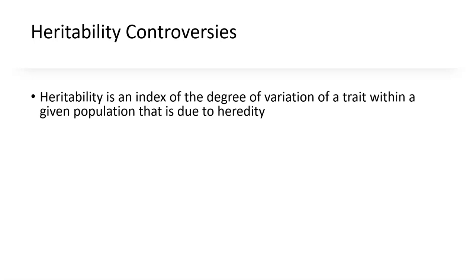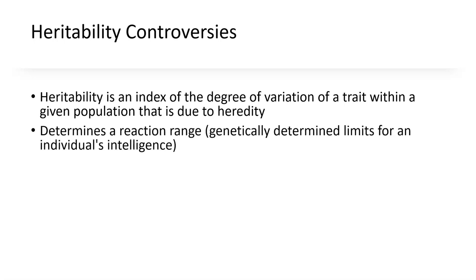Just remember that heritability, as your authors put it, is an index of the degree of variation of a trait within a population due to heredity. Basically, it just gives you a baseline. The degree to which a trait is going to be different within that population, and that variation is explainable by heredity and hereditary factors. There's a range. So genetically, you're born with a certain range that is